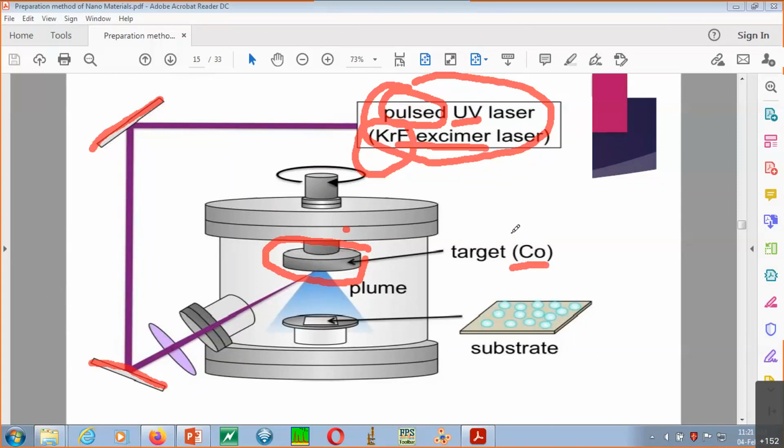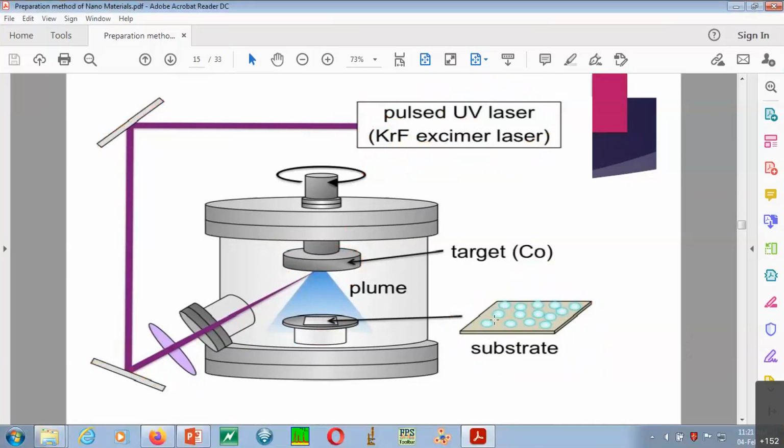We are using mainly metals because they can sustain that much high energy coming out from this laser source. And then below that, this is a stand. This is the stand part. And on the top of that, we are keeping a substrate. So we keep this substrate over here. You can see in the diagram also how it looks. And on that substrate, we collect the nanomaterials, the nanoparticles. You can see these particular things. Let me annotate again. These spots that you can see represent your nano size particles basically, in different arrangements. So that's how you see this.